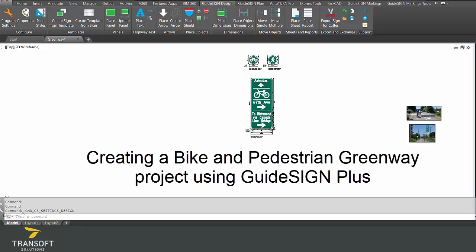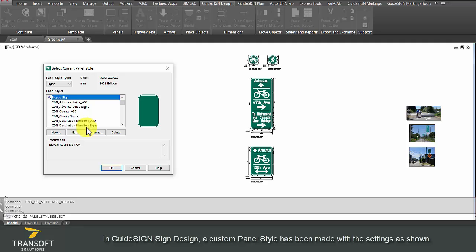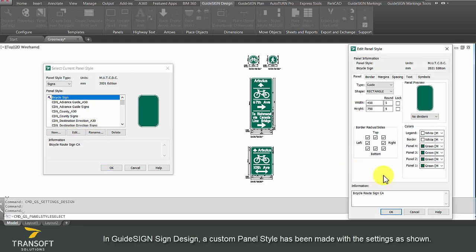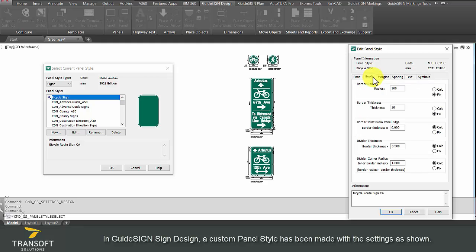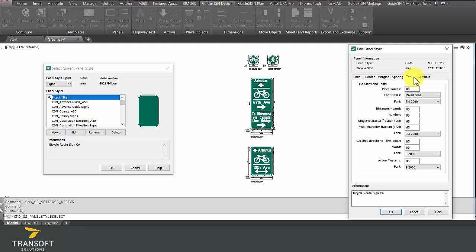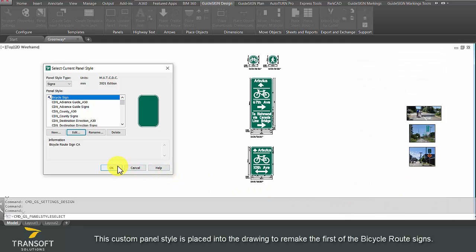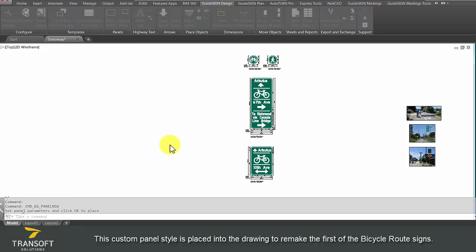Hello, in this video I am using GuideSIGN Plus version 8.1 to recreate the signs and pavement markings on a portion of the Arbutus Greenway in Vancouver, BC. The standard signs being used are from the Canada TAC ATC 2021 Sign Library, which is available for use in the GuideSIGN Plus software. There are custom signs that have been made with the GuideSIGN sign design software using standard